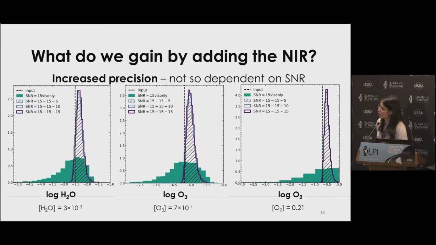Let's take a look at some other interesting molecular species, and I'm just focusing on the gases for this talk. And you can see for ozone and oxygen as well, it's a similar story where we get better precision, but there's not much change for the signal-to-noise ratio. But what the near-infrared adds for us is access to carbon dioxide and methane, and so let's take a look at what